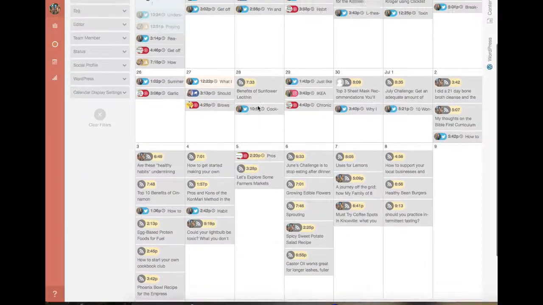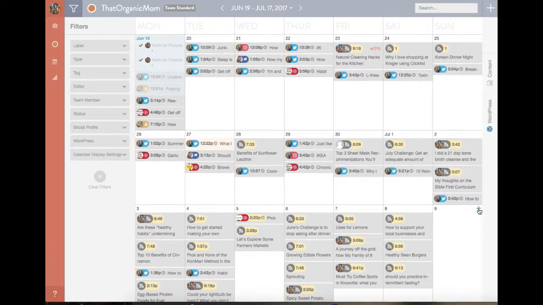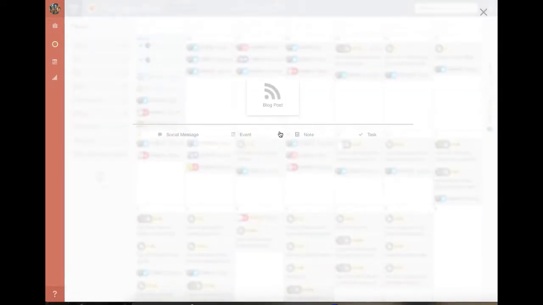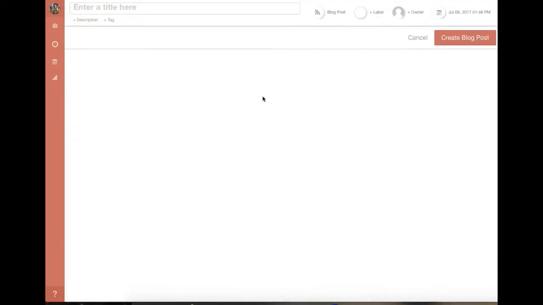Now here is another thing that I really like about using CoSchedule. I'm just going to go down here to a day I have nothing planned, and I'm going to show you how you can create a blog post right from within CoSchedule. And I'm just going to show you really quick how you can use their title analyzer. So if you're not really great like me at coming up with blog post titles, you can use this. So I'm just going to make something up out of the blue. How to